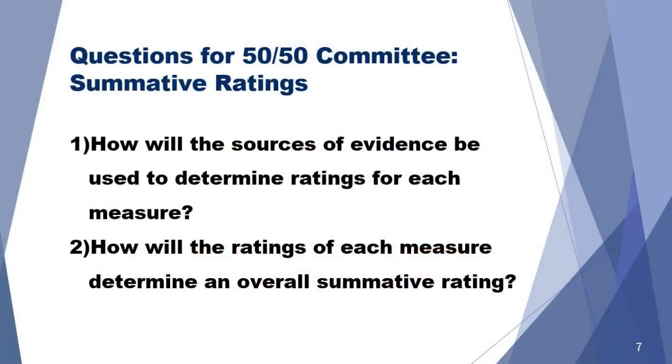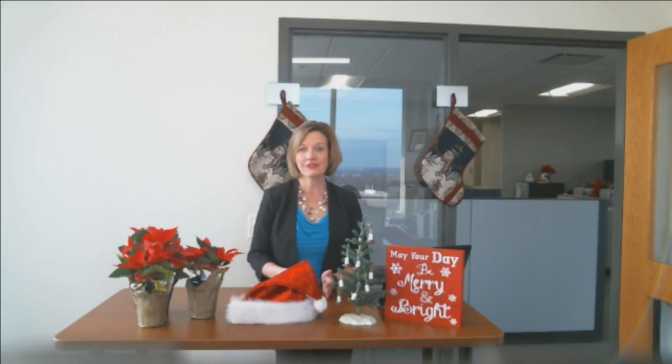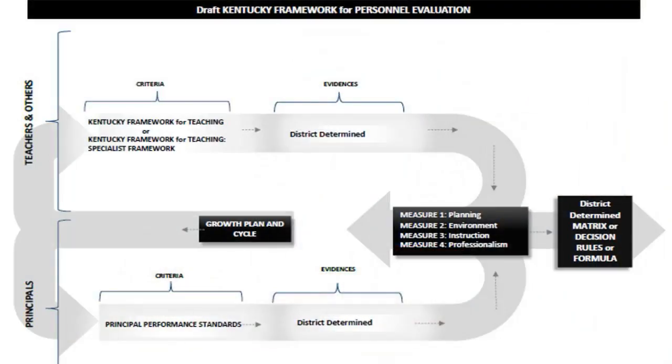I will tell you, when we were going through the state process and we had our teacher steering committee to decide for the state summative ratings, it was some of the most detailed, passionate discussions we've ever had, because this is about how we're rating the effectiveness of a teacher or a specialist or a principal and how we're going to help grow them. Because if you notice in the former slide, it doesn't end with the rating. The beauty of the system that we will always promote is continuous growth. And so if you notice, once the decision making is there, the arrow will point back to the left about a growth plan and the cycle.